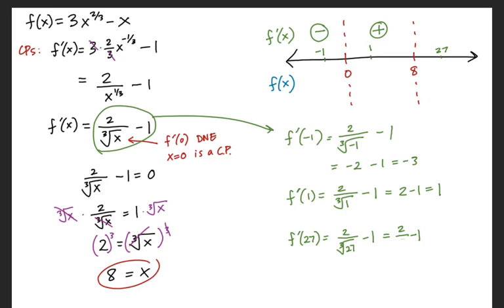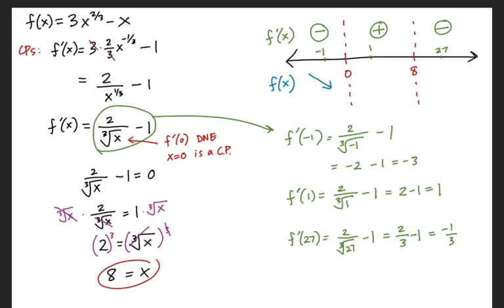Let's see, that doesn't look like a 3. 2/3 minus 1, which is a negative 1/3. Okay, so we get negative in that last region. And you'd get the same thing if you plugged in x equals 9, whatever you want to plug in. Anything bigger than 8. Okay, so then we know that a first derivative negative means the original function is